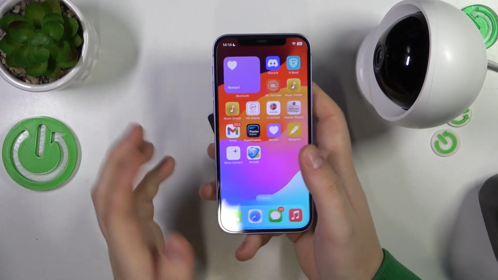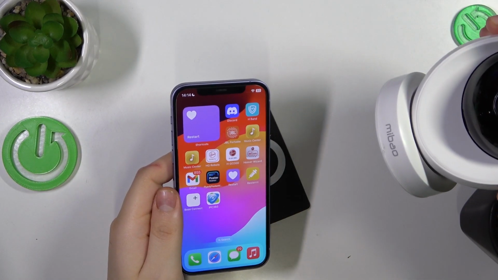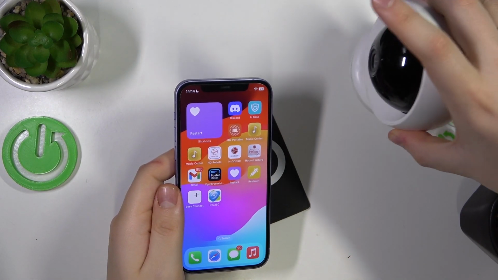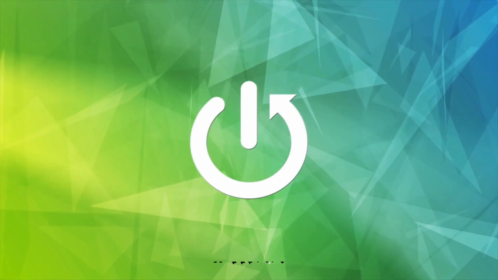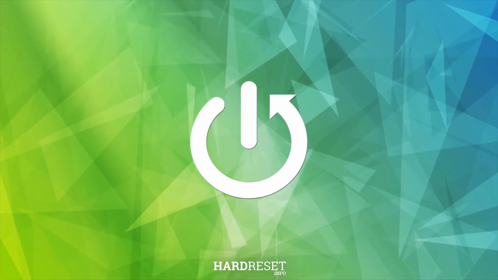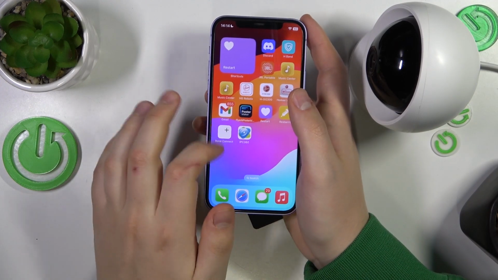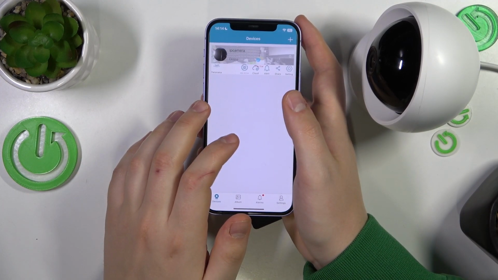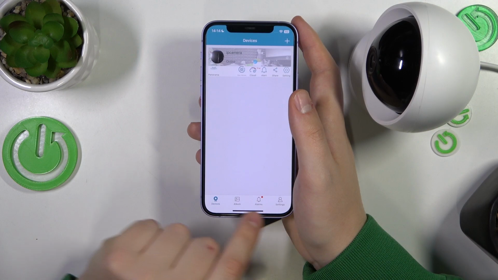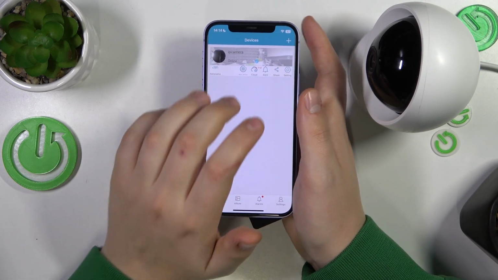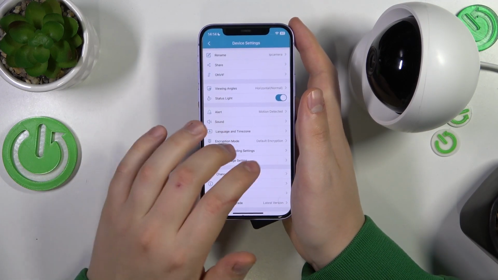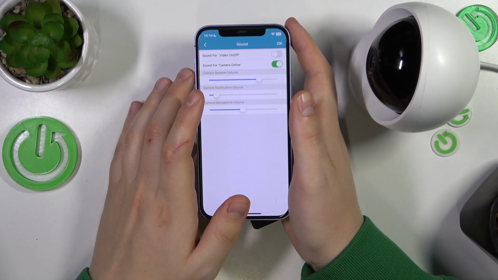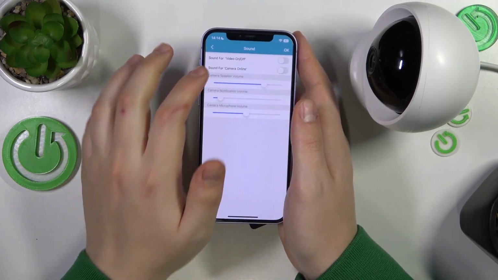I'll show how you can mute the camera sound for this MIBAO D100 IP camera. So to start, you will need to launch the IPC360 app. Here select the devices section at the bottom, then open the camera settings, go into sound, and here switch off